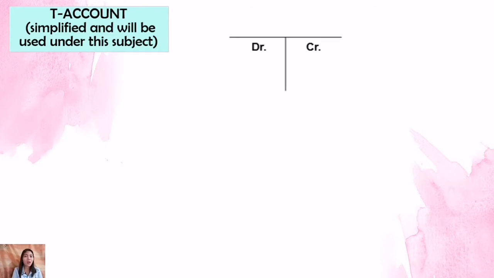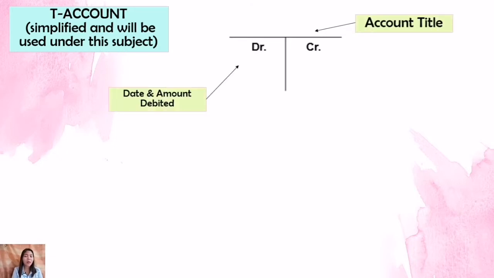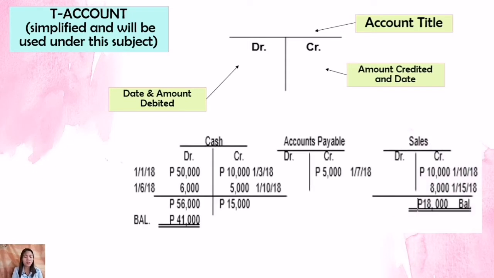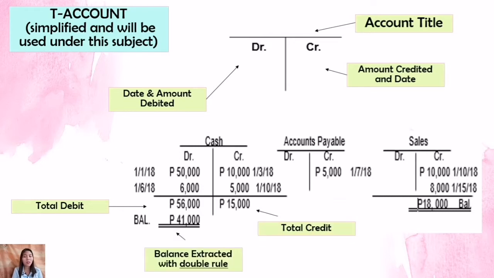So T accounts, you just need to draw capital letter T with debit on the left and then credit on the right. So as you can see on the screen, then account title will be on top, then date and amount debited on left and then credited on right. So it is called T accounts because you can see capital letter T there. These are the examples. Then totaling debit side and then summing up credit side, then subtracting the two to extract